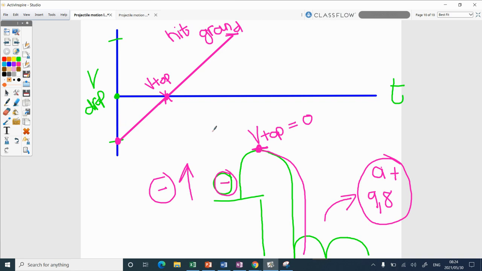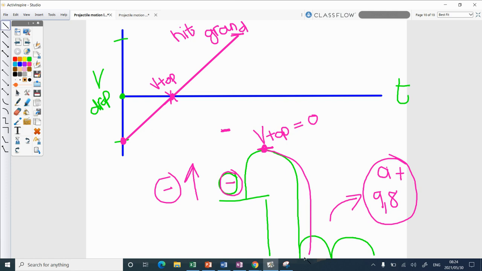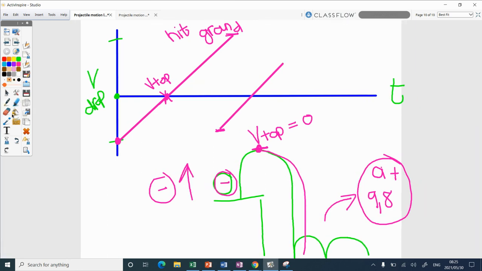So it will lose some energy. So the velocity that it leaves the ground at here should be in real life a little bit smaller than there because it's lost energy when it hits the ground. Sometimes I'll tell you it's an elastic collision, which will mean that it doesn't lose any energy. So it's going to start here somewhere. But now when I draw the line, what is it going to look like? It's going to go slower, slower, slower until it crosses. That will be my V top again. And then it's going to go faster, faster, faster until it hits the ground again.